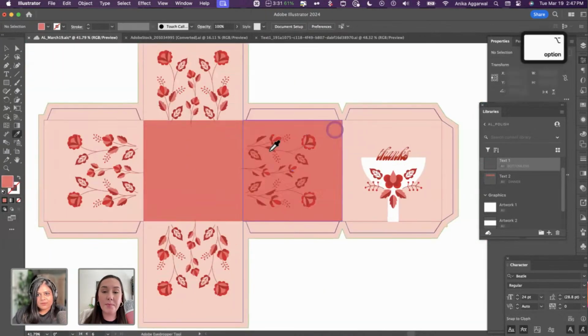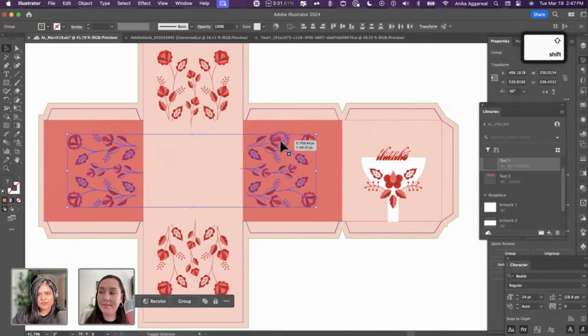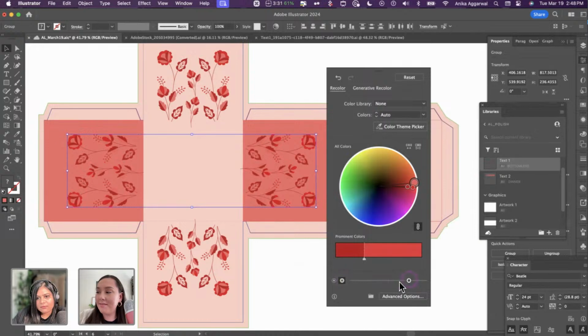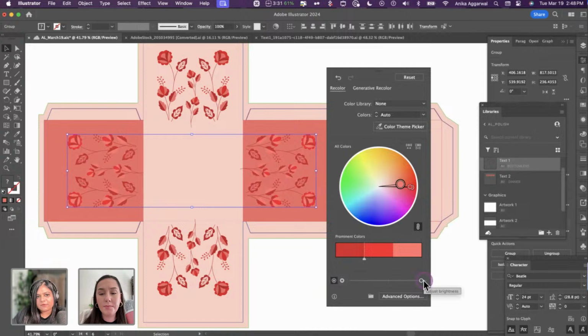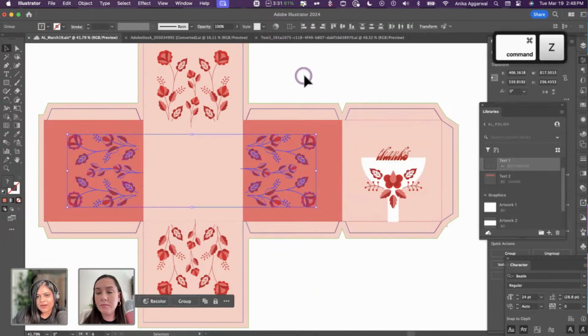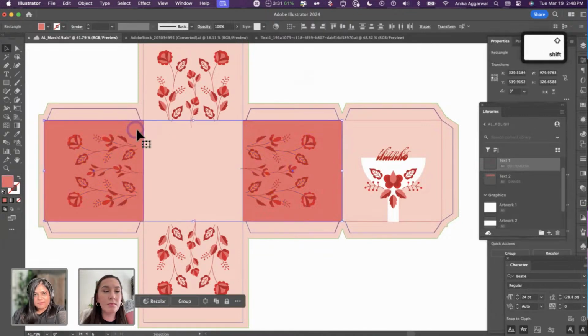Yeah. And then I'm gonna change this to that and this to that. And then obviously I would need to change these colors a little bit. So just for right now, I'm gonna go to generative recolor and then maybe change the brightness. I'm gonna reset that. Wait, is that changing the brightness? Let's change the saturation. Yeah, this is for brightness, right? Yeah, show brightness and hue. So maybe you want, this is not optimum because the contrast is really bad here. I'm gonna undo that. But maybe you want almost different colors here.